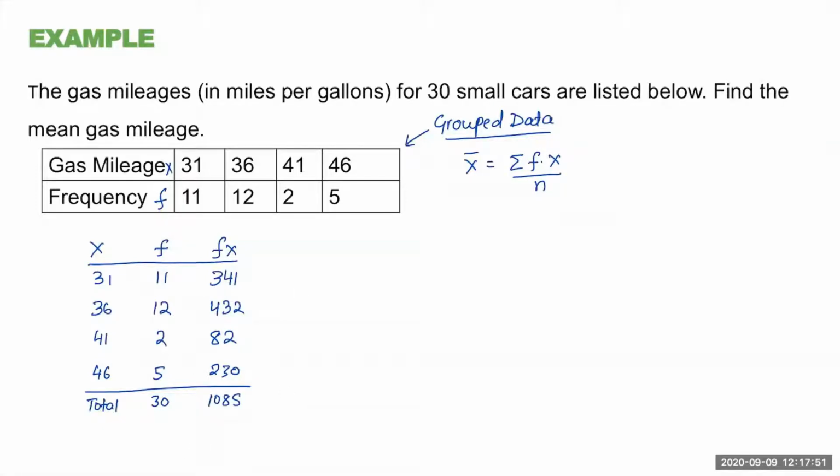So we have all these values. Now we can plug the information into this formula to find the mean. The mean is equal to the sum of f times x. The sum is 1085, and you have to divide that by the total number of frequency, n, which is 30. So if you divide 1085 by 30 using a calculator, you must get